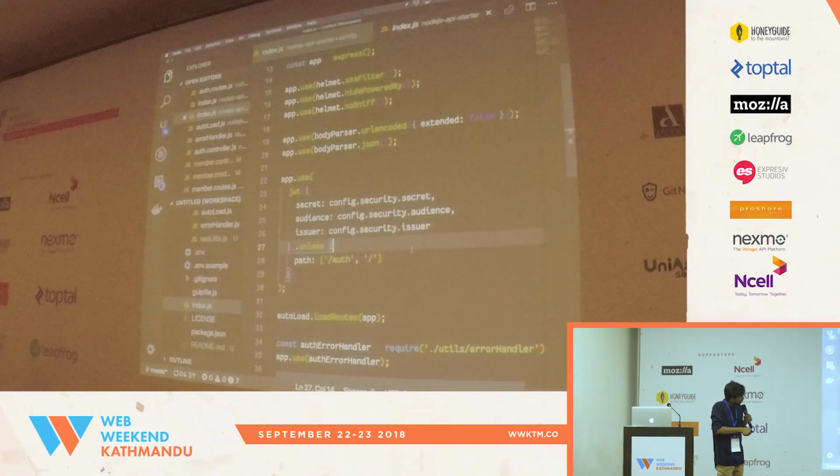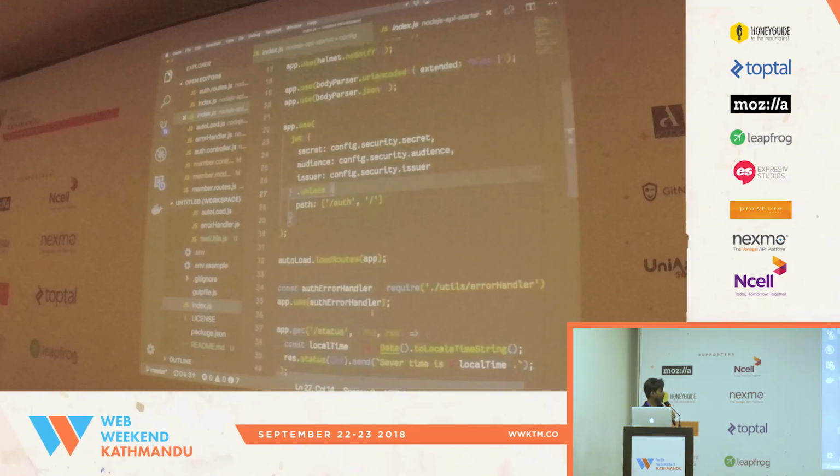The URLs in this array are the only URLs allowed in the server to access without a token. Every other route is going to check for the token. So unless they are these URLs, everyone needs to have a token. So this is the way I use for my APIs. If you have any suggestions, just tweet me after this video.